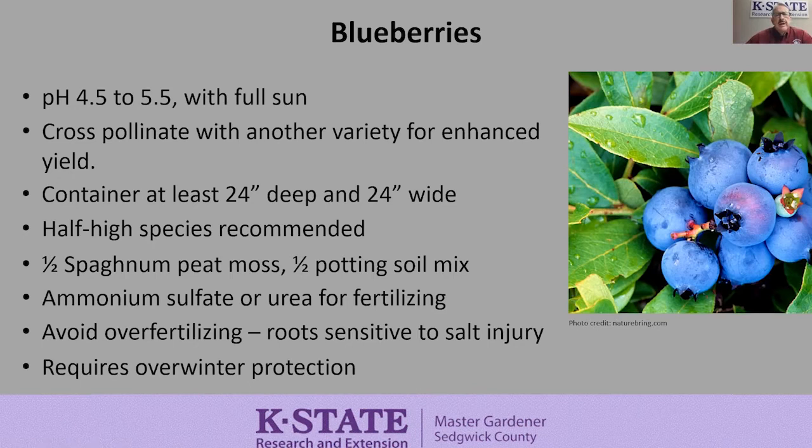And in addition, be sure that you do not over fertilize these, because blueberry roots are extremely sensitive to salt injury. And so what looks like here is like it's a lot of trouble to grow blueberries, but I don't really think it is. So I think it's really worth giving it a shot, especially because blueberries are outstanding. But these, what I'm spelling out here, are really the only issues that you got to be sure you do